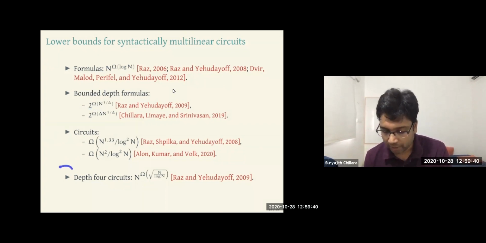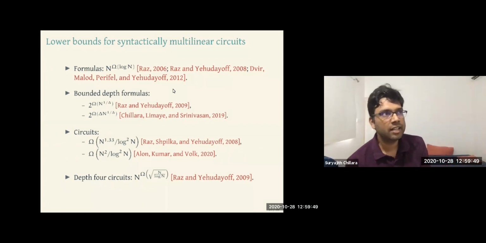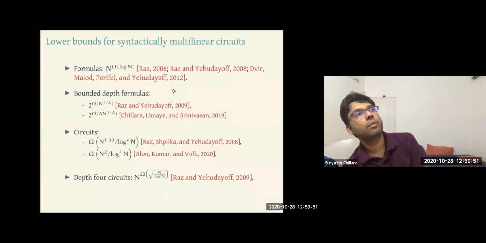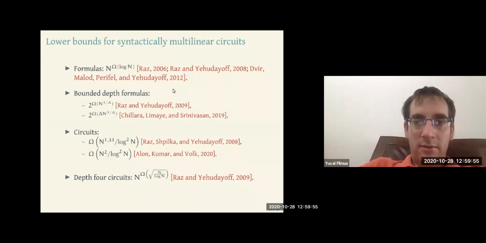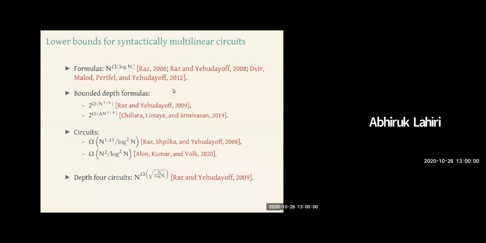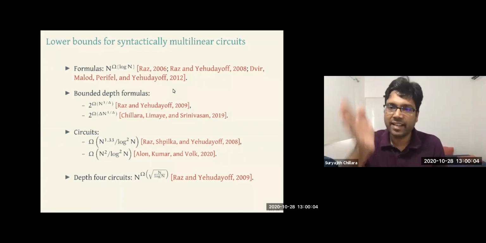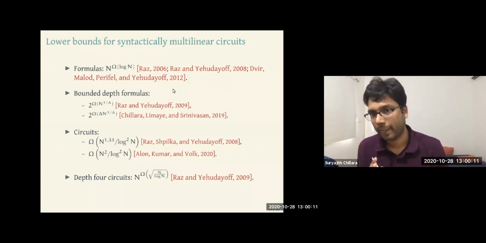In all these cases, do you have better upper bounds without a syntactic restriction? For multilinear circuits, it is not syntactic. You can assume that every node computes a multilinear polynomial when the depth is small. There is no difference. So you don't really assume the syntactic increase in degree, but you assume that every node computes a multilinear polynomial. That is sufficient. These two are equivalent.